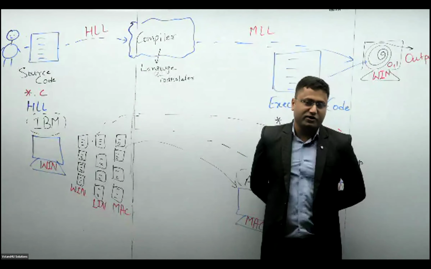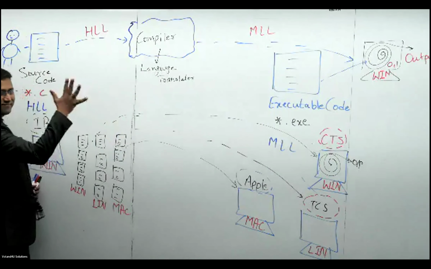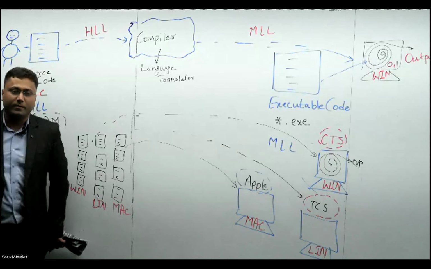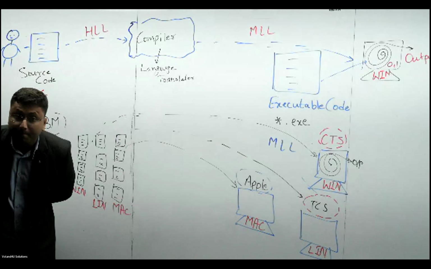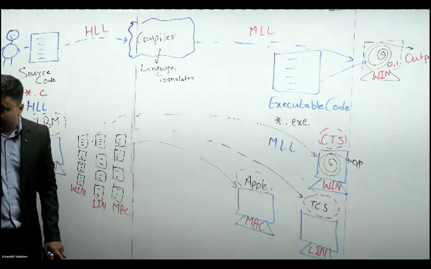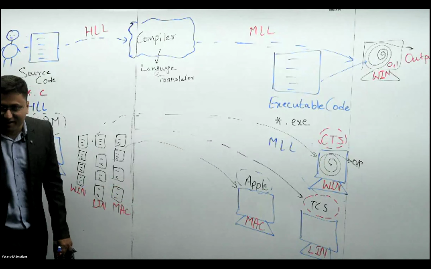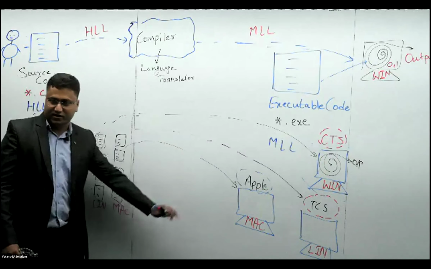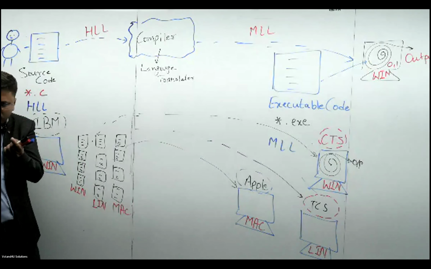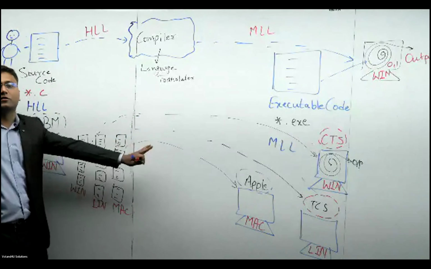Tomorrow there is a requirement change and they say, okay, do one thing: this bunch of files, remove, we don't need it. How many places do I need to remove it from? One place, or one per operating system? Let me tell you, I have given only 2-3 operating system examples. I can name more than 20 right now. So 20 versions of the same application are there. How many places do I need to modify? One, two, or all the places? I have modified all the places.